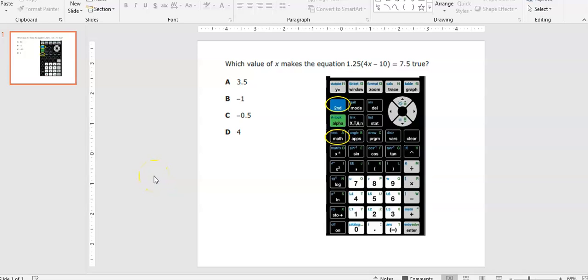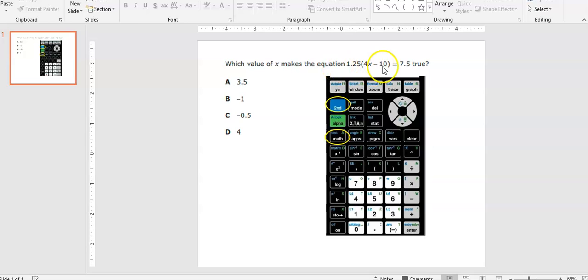I wanted to show you a feature on the calculator that's very nice and can help you solve equations very easily. There's always more than one way to do all these things, but I'm going to show you this particular way for this video, and it is by using this test key. See how it says test above the word math? You would have to use the second button and then the test key